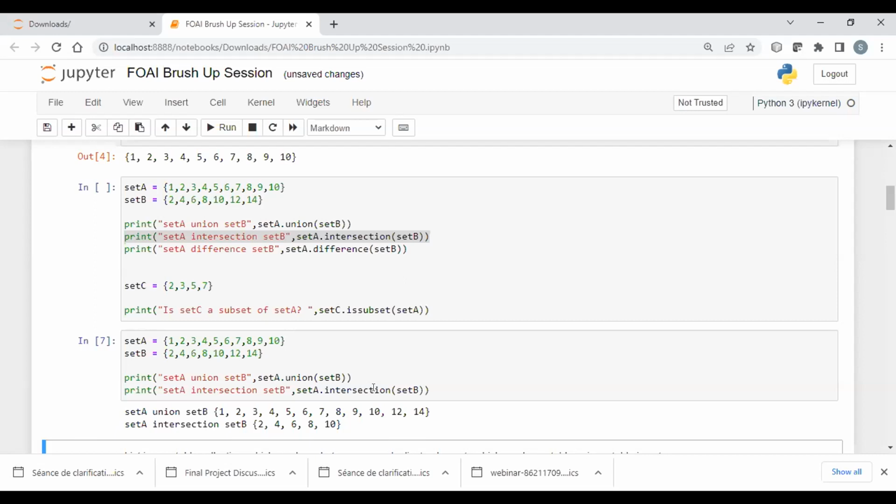Then we have number 4 that is in both the sets. Again, 6, 8, and 10. And other numbers are appearing only once. So that's why when we use the functionality of intersection, all the common numbers showed up.